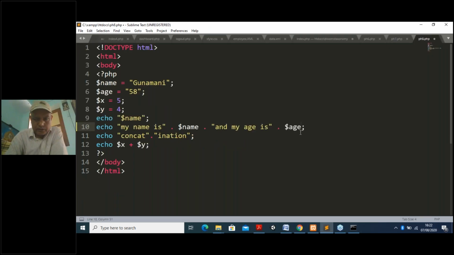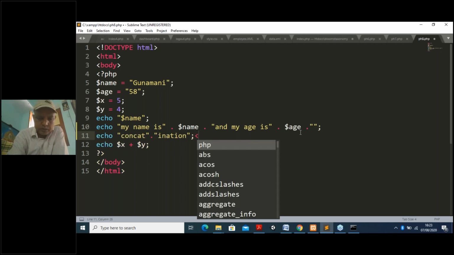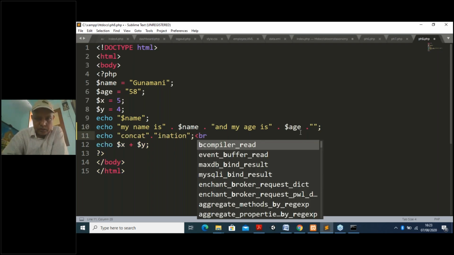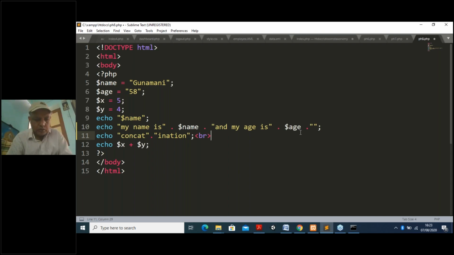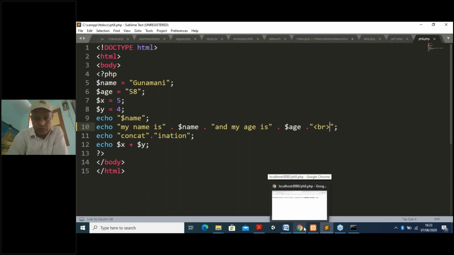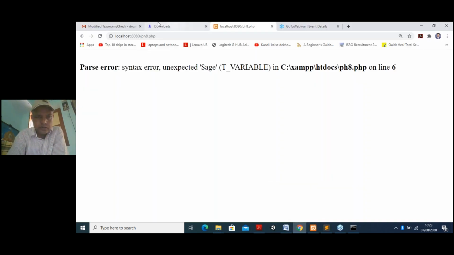In PS8, then the space dot under double quotation. Yeah, so here less than br and like this. Where is it? I think I have put it in the wrong place. Control X. Okay, so this you have to put inside here. Okay, Control V. Let us see whether it's running. Control S. Now this is my program number 8. Let me run this program whether the output is coming or not. Let us see.